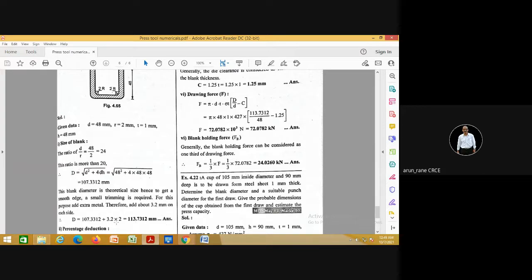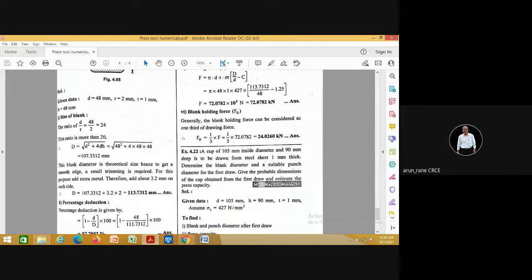Even if you take 2 mm per side, that is also sufficient. So this being round, it will be 2 into 2. Had this been a rectangular cup, then it would have been 2, 2, 2, 2 on all four sides. Okay, so now this is your blank size from which you have to draw the cup.